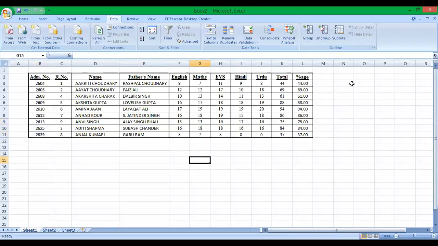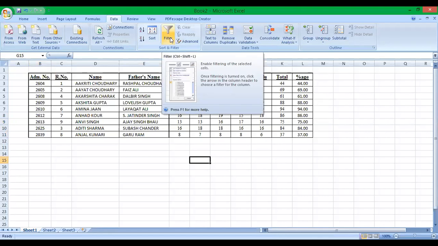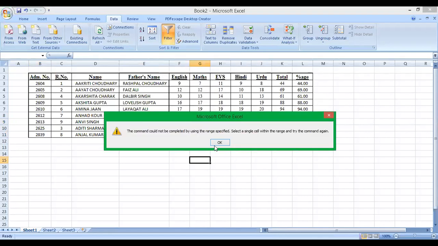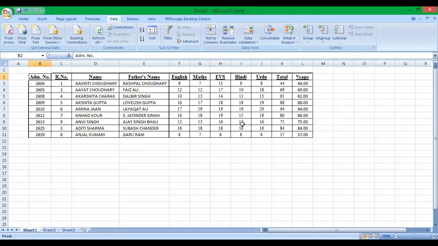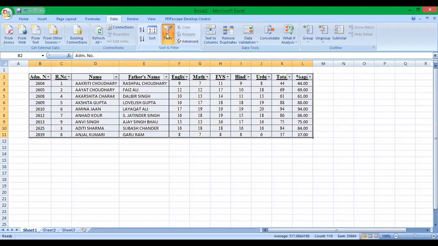Now to filter the data, we'll share the screen again and we'll go to the Excel sheet again. Now, when you filter your data with the sort, next to the sort is filter. Okay, we'll click on this. Sorry, we have to select the range and then I'll select filter.